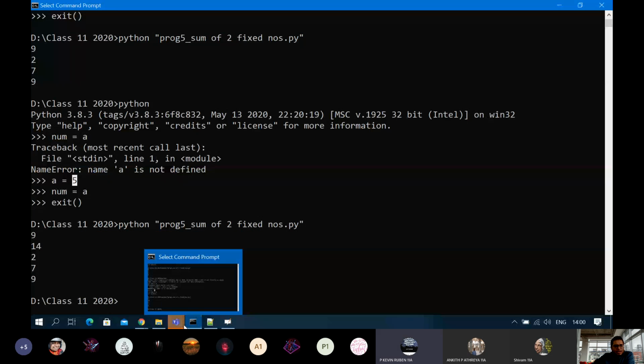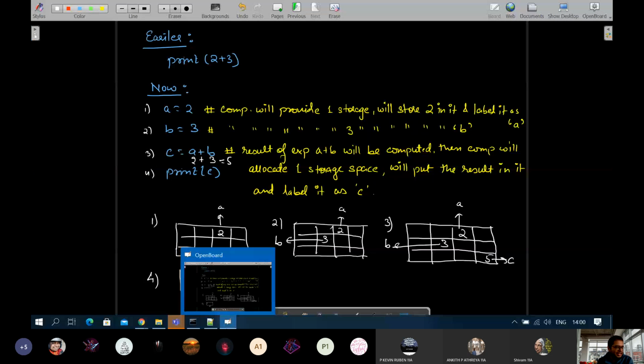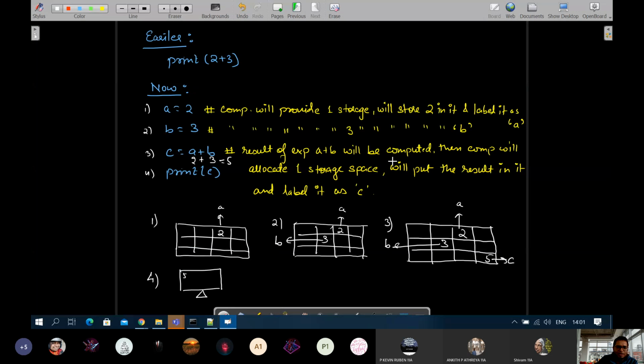Okay, sir. Okay. Now, one final thing, 5 more minutes and then I'll conclude. So one of our problems has been resolved. That is the second issue: how to use the values of any result of the expression later down in the program. What you can do is store it in a memory location and give it a label by writing C equals to A plus B या कुछ भी करके, जो expression को एक label associate करके, then you save it in RAM and later down in the program you can use it. So our second issue has been resolved.